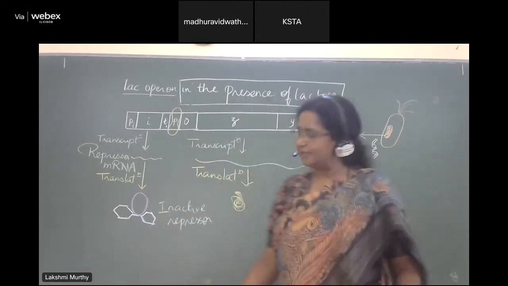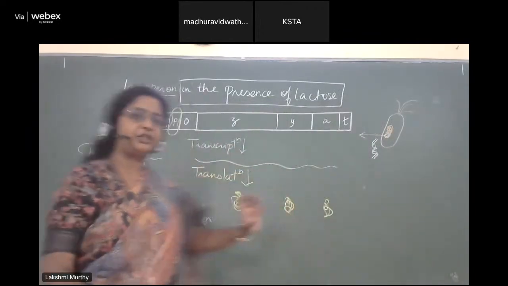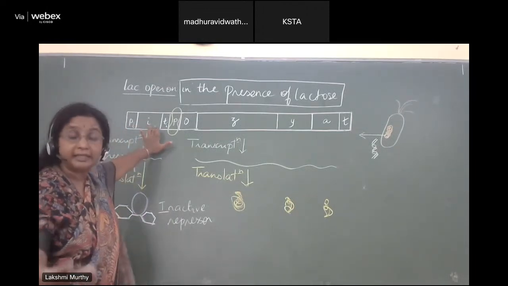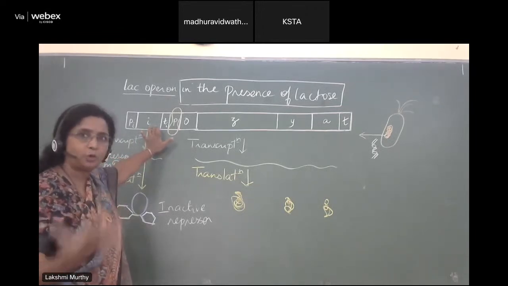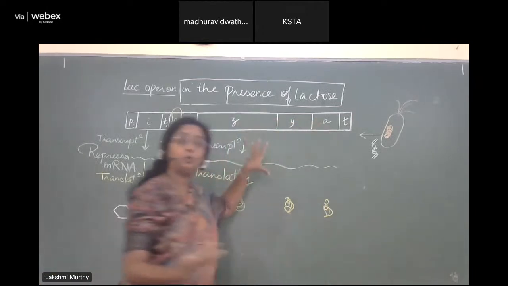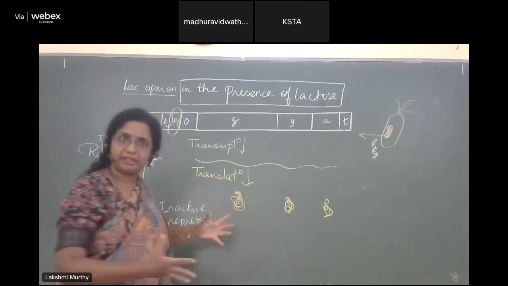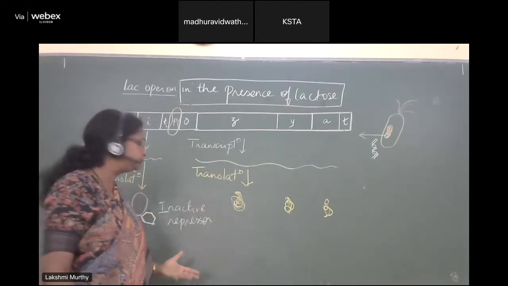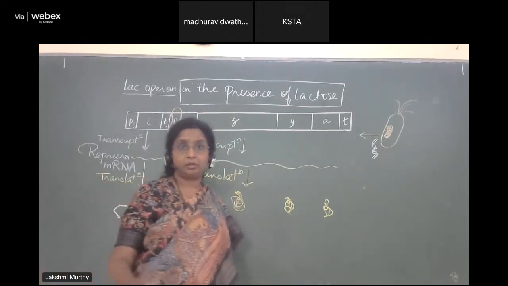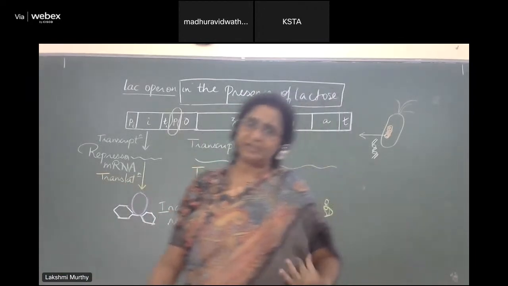Is that clear? Right? So please remember the neat type of questions which can come. They can ask you why the I gene doesn't have its own regulators. They can ask you that it's a constitutive gene which is always expressed. They can ask you why they don't have their own promoters and terminators exclusively. That's because it's a polycistronic gene. They can also ask you who is the inducer in the lac operon? Who were the scientists who discovered the lac operon? These are some of the questions that can come.